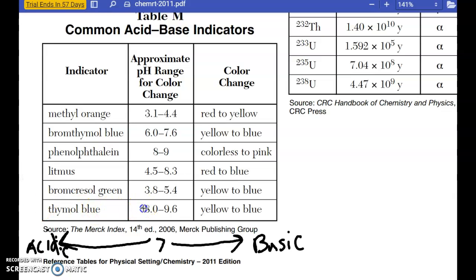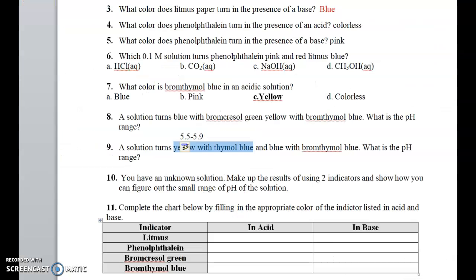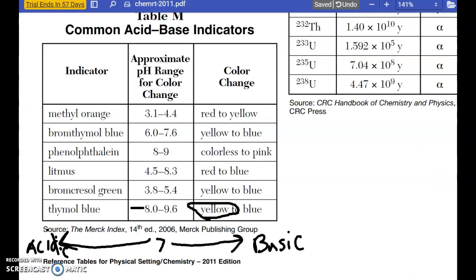And for the second part, it said we are blue with bromothymol blue. If we're blue in bromothymol blue, that means we're above a pH of 7.6. So between 7.6 and 8 is